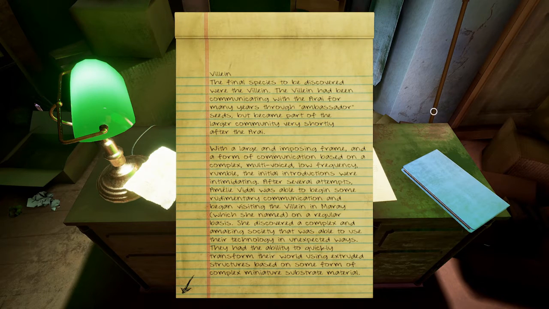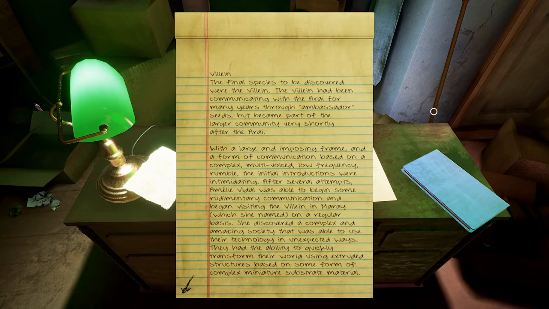The final species to be discovered were the Villain. The Villain had been communicating with the array for many years through ambassador seeds, but became part of the larger community very shortly after the array. With a large and imposing frame and a form of communication based on a complex multi-voice low-frequency rumble, the initial introductions were intimidating. After several attempts,